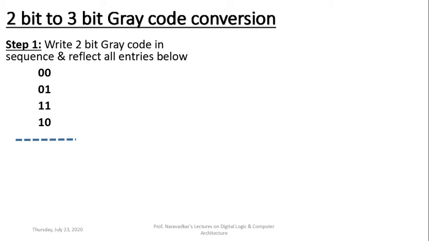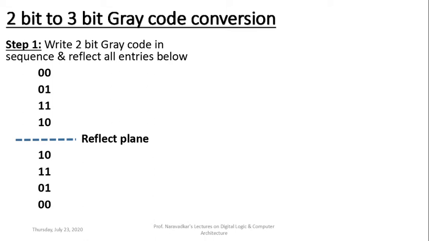And every entry which is shown here is to be taken as a reflected value just below that plane. So just below that plane, you will be getting 1 0, because 1 0 is closest above that plane as well. Then below that 1 0 will be 1 1, slightly away from that plane of reflection. Then below that 1 1 will be 0 1, and at the far end, the 0 0 that was present on the top side will get reflected in the image at the far bottom place.